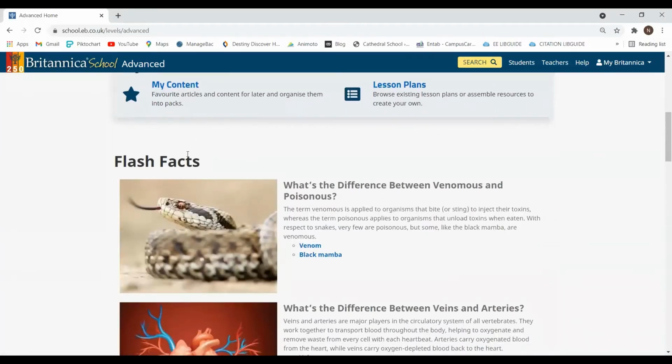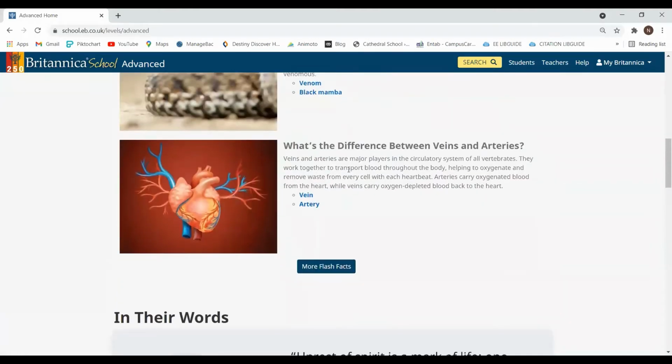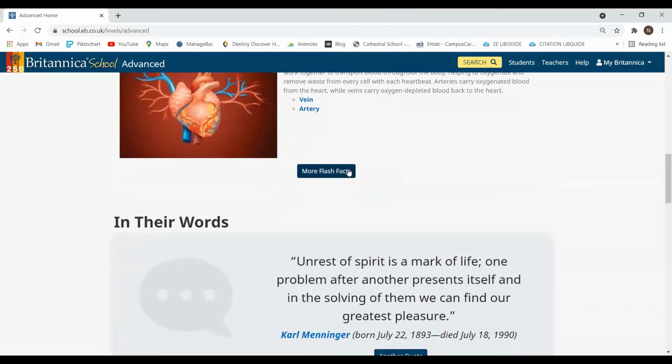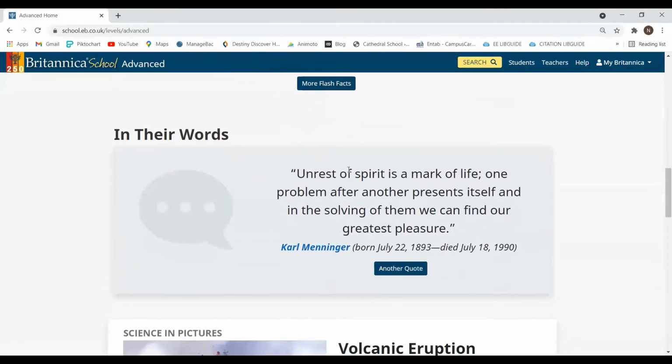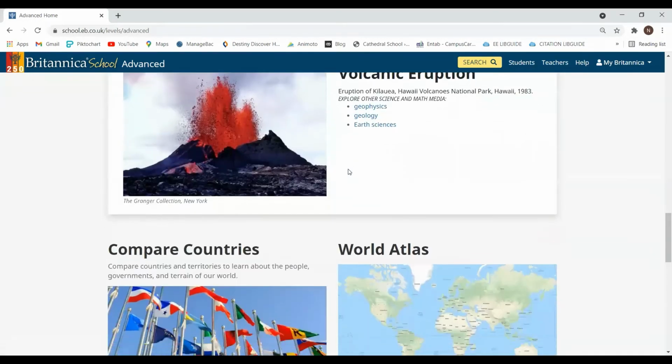Now there are these flashbacks that you can share with your students if you find them relevant to your subject. You can share these quotes. These keep changing every day. If you find these quotes relevant, again, you can share them with your students.